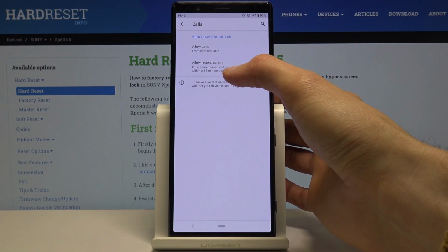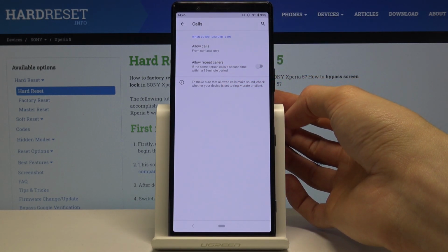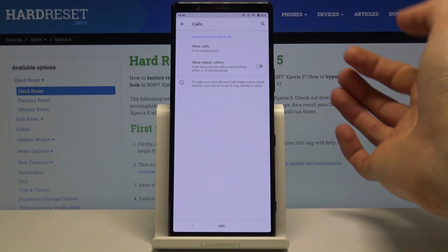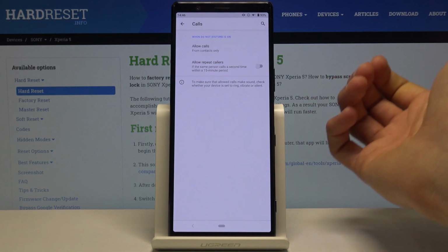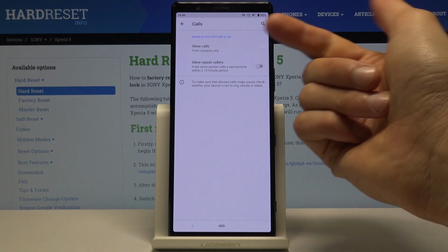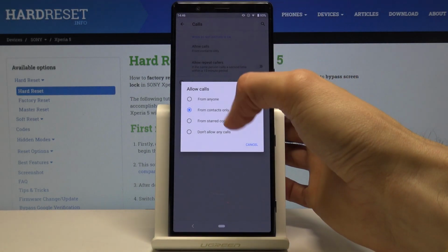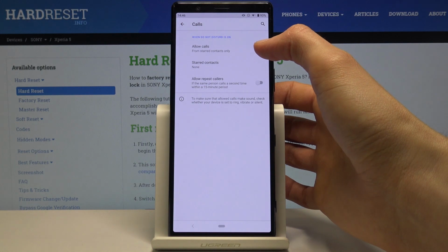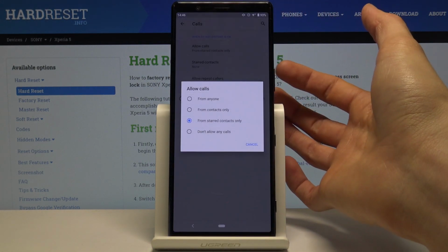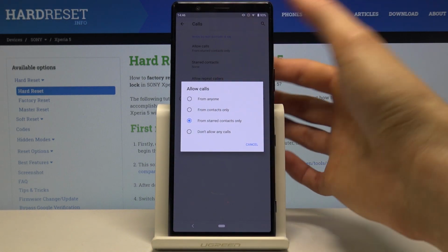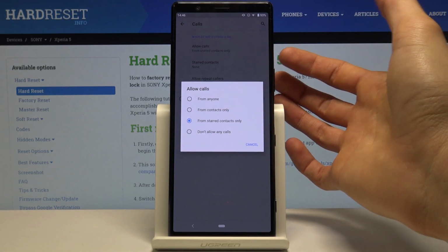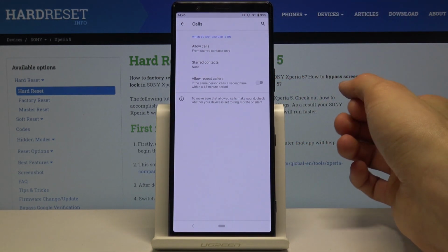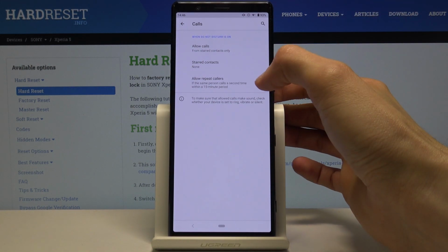And then you also have this nice option right here. So allow repeat callers. So if someone calls you twice within a 15-minute period, as it is set right here, the second time they will actually be able to reach you, even though, for instance, normally they shouldn't be able to. So if you have, for instance, set it to shared contacts, and someone from your normal contact list that hasn't been added as favorite will call you. If they call you twice, the second time you will hear the call, as long as you have this on,